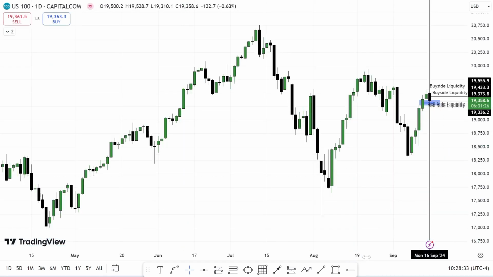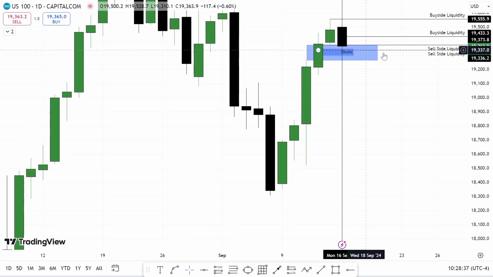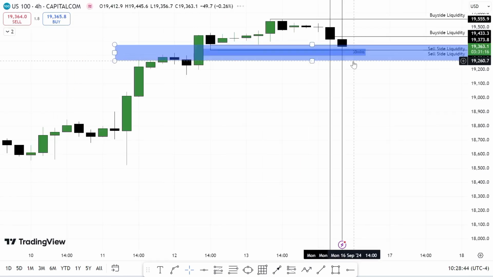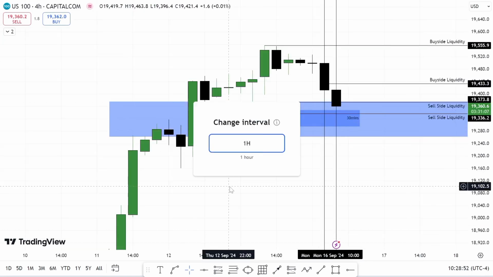The reason I was bullish was, firstly, in the daily time frame we had this bullish fair value gap right here. So I was really looking at that. This was a point of interest for me, this bullish fair value gap right here. In the 4 hour time frame, we still had this 4 hour bullish fair value gap, right? And now the 1 hour time frame,